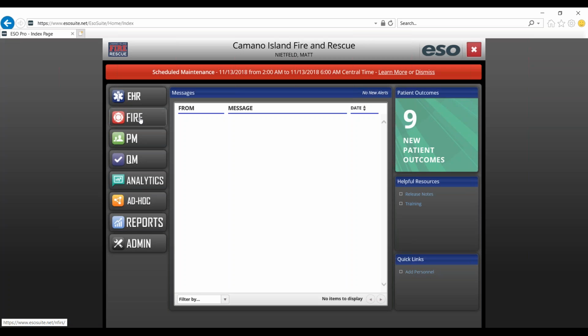It's going to be a little while yet until it comes out, but until that time, when you want to access your fire incident reporting, you will need to go to the website. So again, www.esosuite.net, your username, password, the same as you've always used, and then your agency code as well, and then you'll go ahead and log in. When you're ready to do your fire incident report, you'll go ahead and click on the Fire tab here on the left-hand side of the screen,